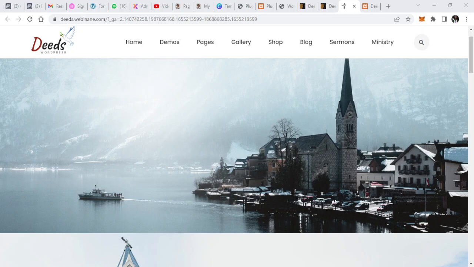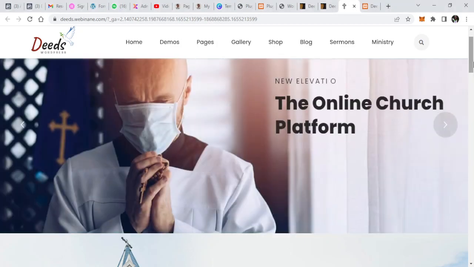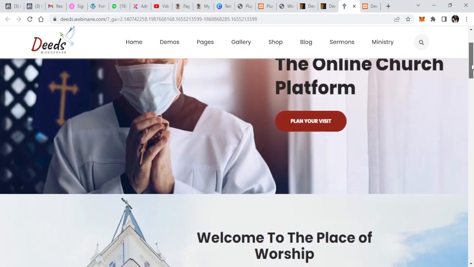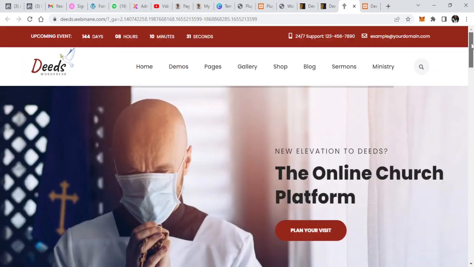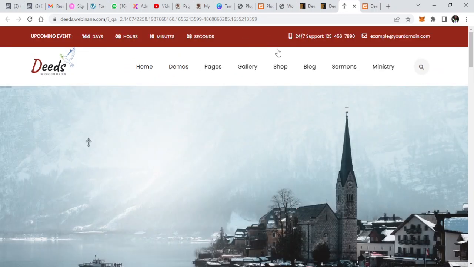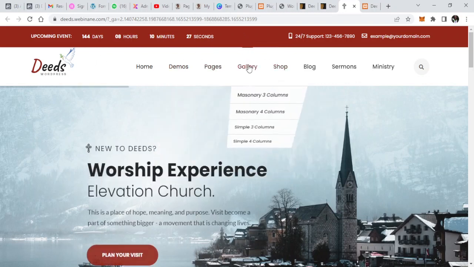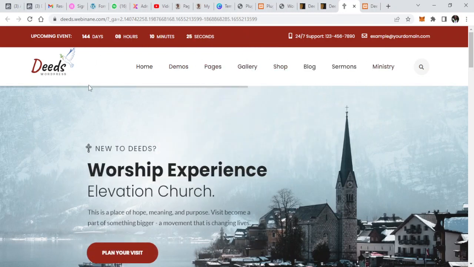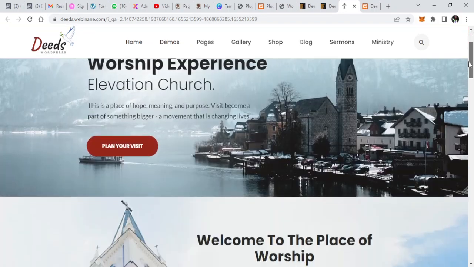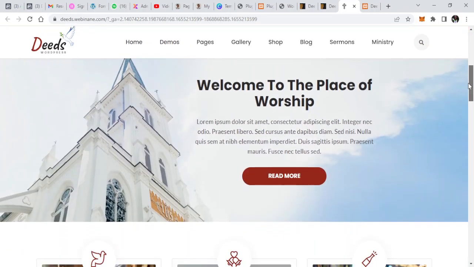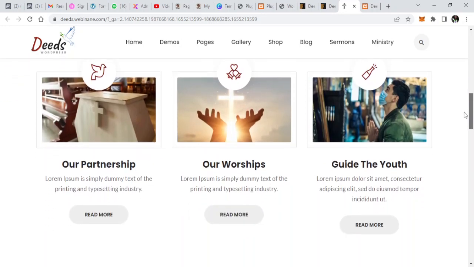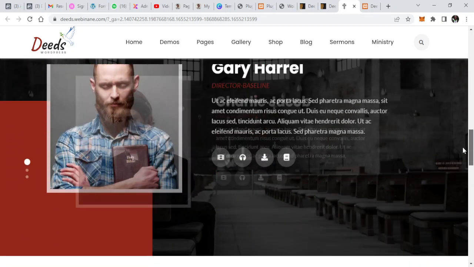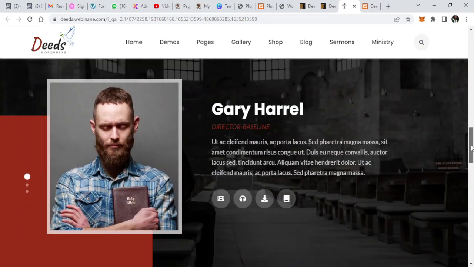So this is the sample of the site where we want to build. It's going to be of this format. The first part of it is the header. We have the top header, we have the navigator, there's the menu bar, then we have the slider, then we have the call to action, there's the spotlight, then we have the features, and then we have another type of